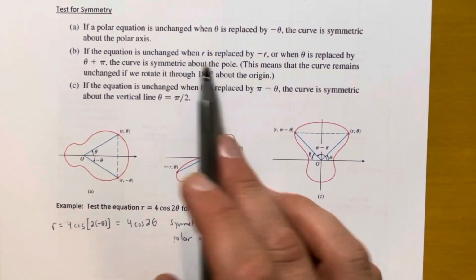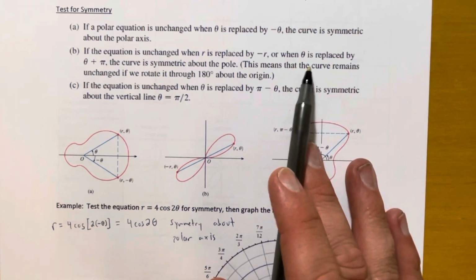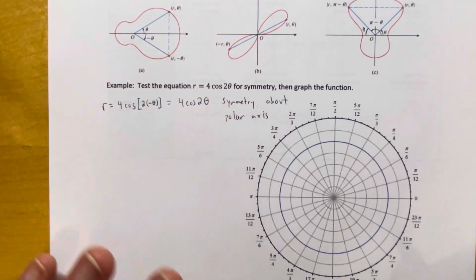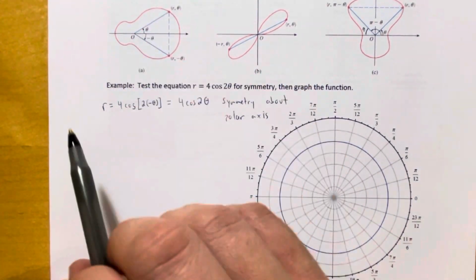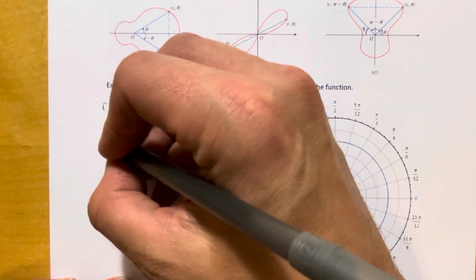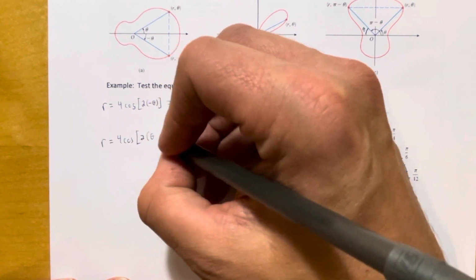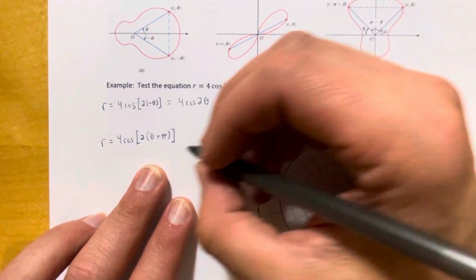Okay. If the equation is unchanged when r is replaced by negative r, or when theta is replaced by theta plus pi, then the curve is symmetric about the pole. Now, I can choose either one of those, but let's replace this with theta plus pi. Let's try that one. If I say r is equal to 4 times cosine of 2 times theta plus pi, well, that's the same thing